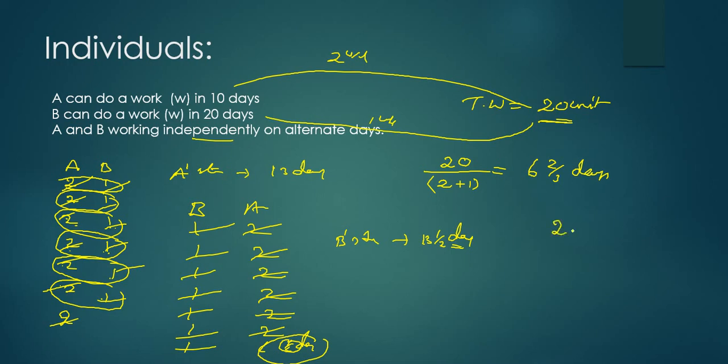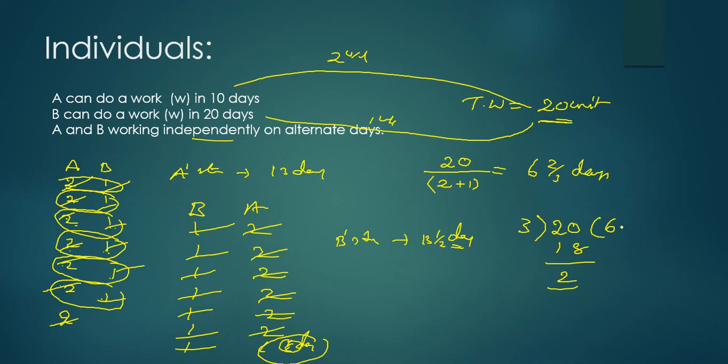Take total work as 20 units. Together they're doing how many units? 3 units. Divide total work by the work done per day if they work together. So how many days are required? 6. Maximum, they work 6 days. 3 sixes are 18. What is the remainder? 2. After working 6 days, 2 units of work are left over.